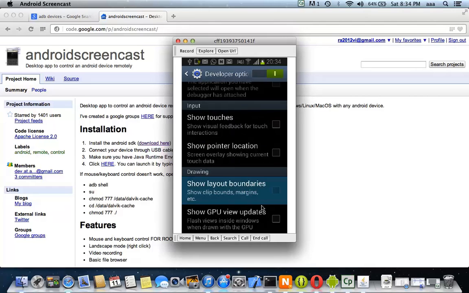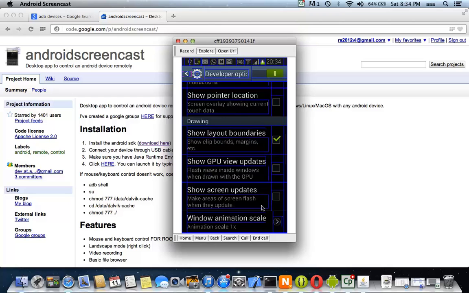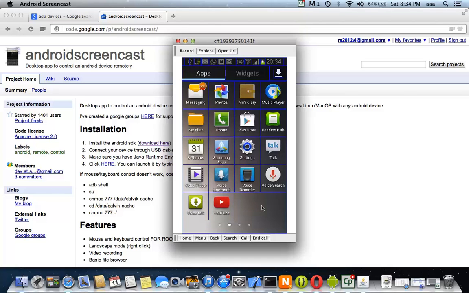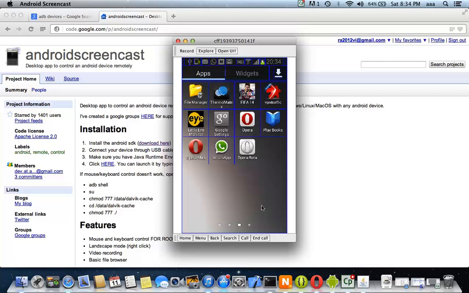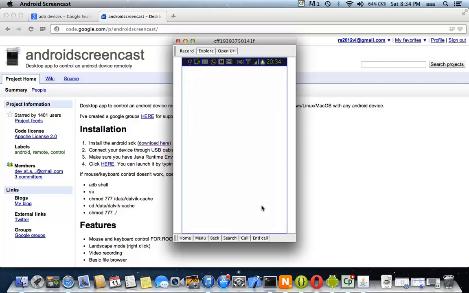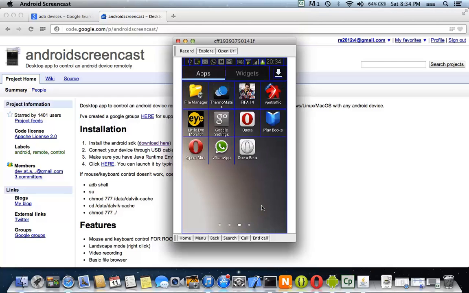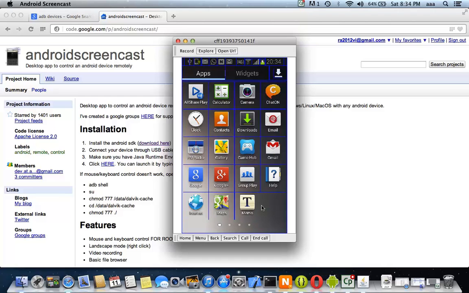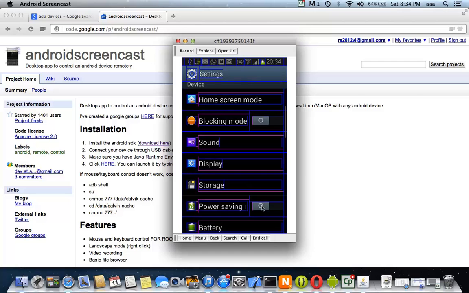Show layout boundaries. What are the different layouts? It will be really useful if you are looking at your own app. So now you can see the app, for example, Opera Beta layout boundaries. I see these are layouts. There are different buttons. You could see that in the bottom. These are the boundaries. So this will be used by you, and then let me just open the settings application again. Don't really look at my phone.